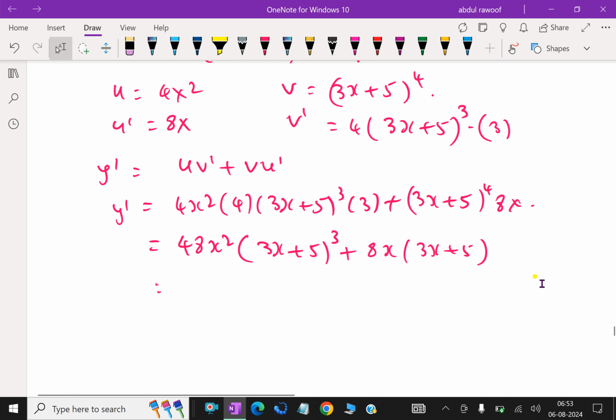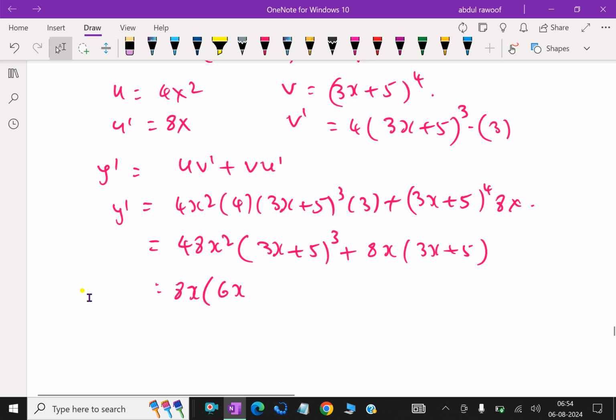Further, in this combination, 48x squared and 8x, 8x is the common factor. So 8x means 6x, since x into x is x squared, 6 into 8 is 48,